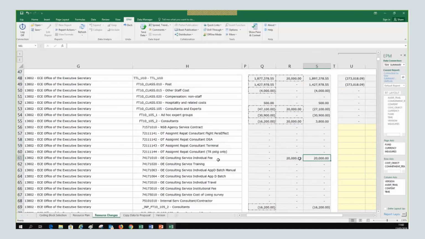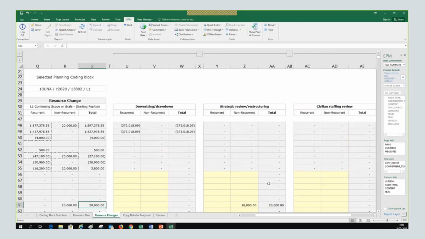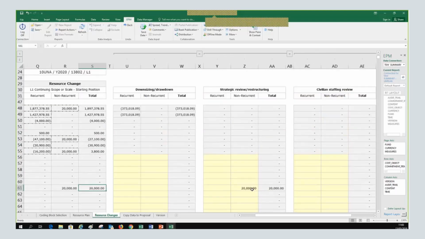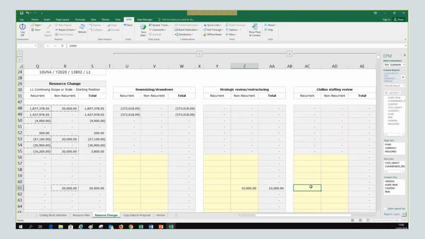Imagine that the 20,000 you have increased is not for only one reason. Imagine 10,000 are due to strategy review and 10,000 are because of civilian staffing review.